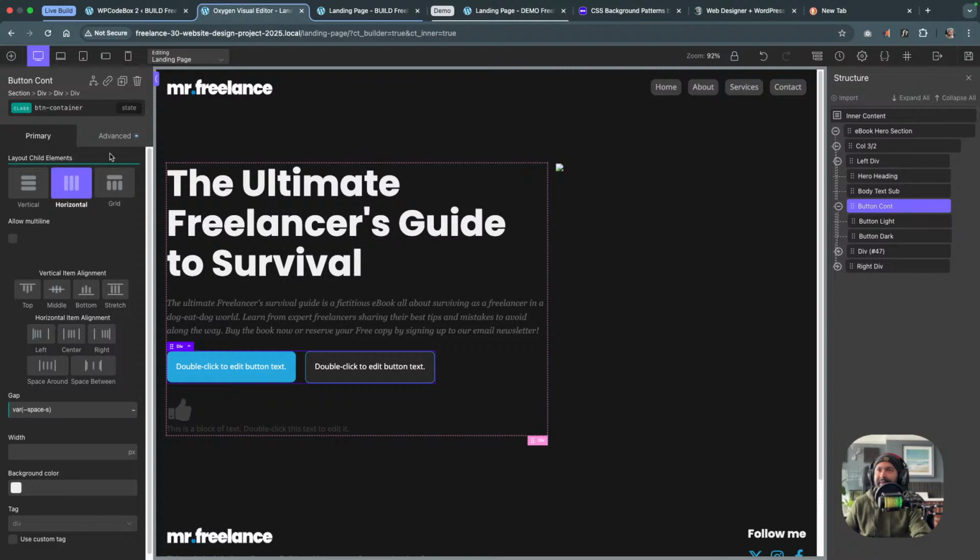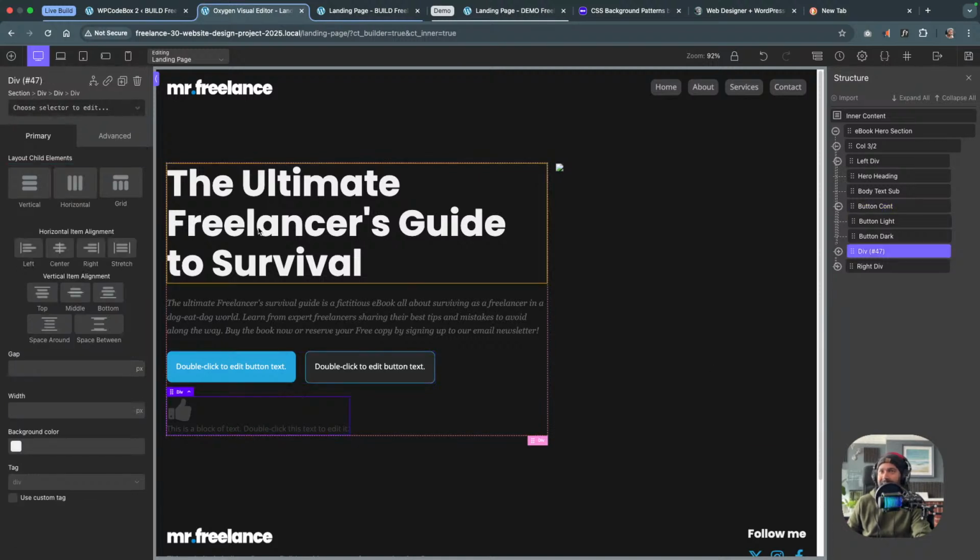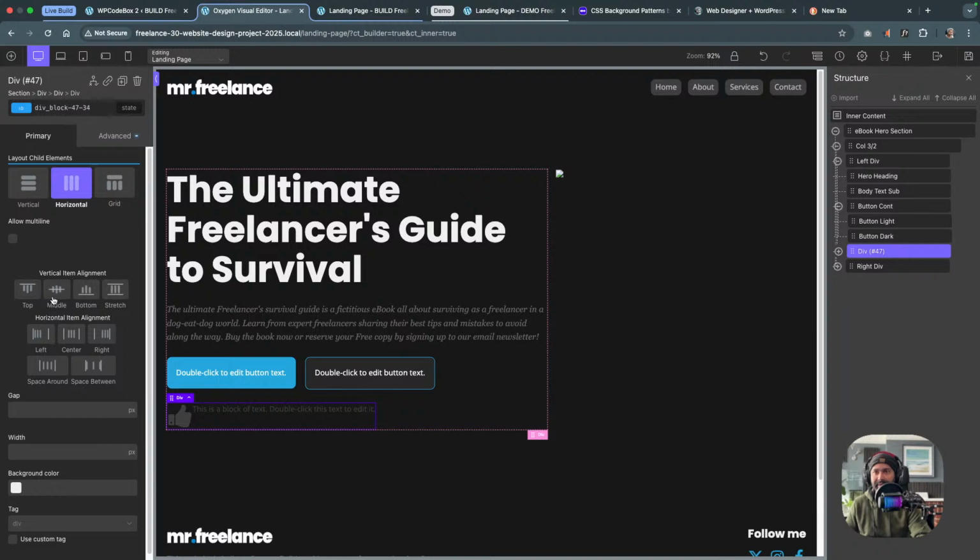Yeah, okay, so we'll come back and make this responsive in just a second. Let's move over to the next one here. This is a container with an icon. We don't need a class for this, surely? No. Let's go ahead and set this to horizontal, vertical item alignment to the middle, and gap